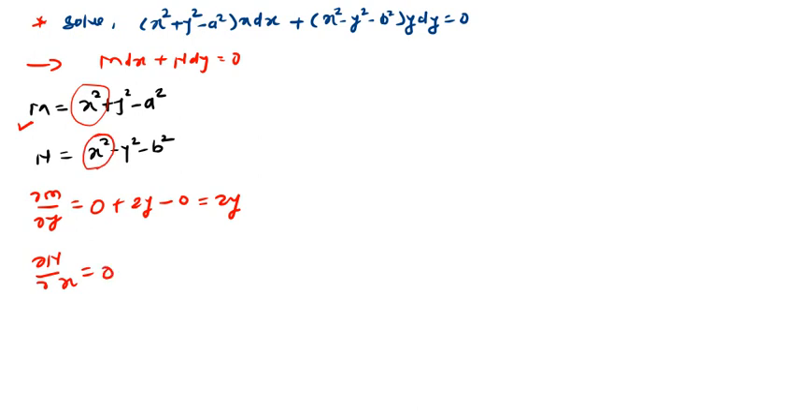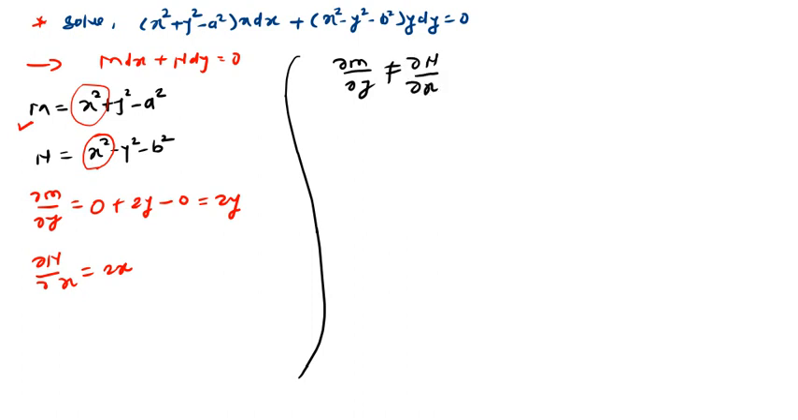will be 0. The derivative of minus y square, we are finding the derivative with respect to x, right? So the derivative of x square with respect to x will be 2x, and the derivative of minus y square with respect to x will be 0, and the derivative of minus b square with respect to x will be 0. Okay, so you can see ∂M/∂y is not equal to ∂N/∂x. Okay, so it is not